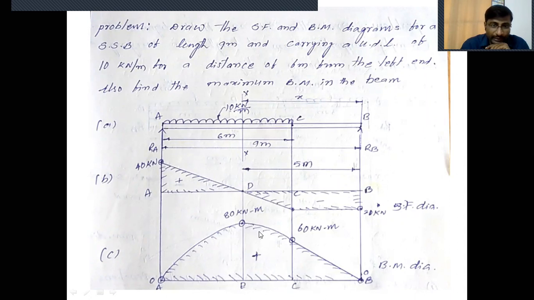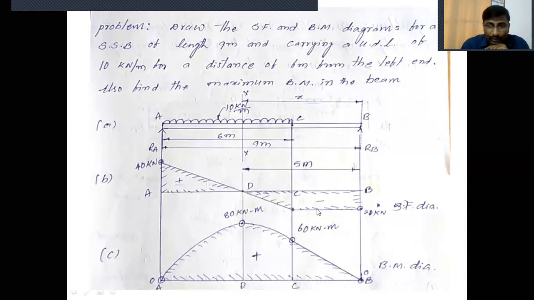How to join these points? How to join depends on the load. Based on the load, we can draw the lines from B to C. From B to C, there is no load acting. So if no load is acting between two points, the bending moment diagram is a straight inclined line.